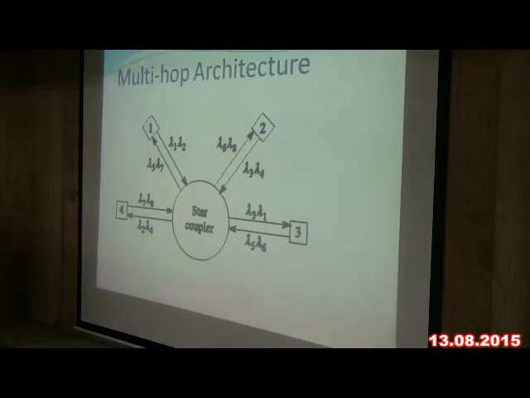First it transmits the signal to the star coupler using either lambda 1 or lambda 2. Next step, it passes the signal to node 4 or node 3. If you are using the lambda 1 wavelength, it is transmitted to node 3. From node 3, we choose the lambda 6 wavelength, so the same signal is passed using lambda 6 to node 2.